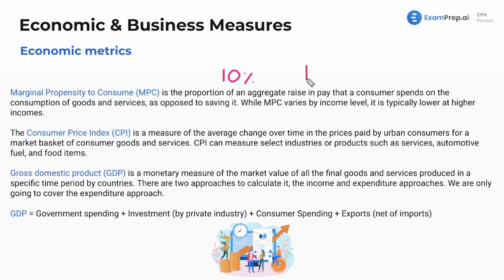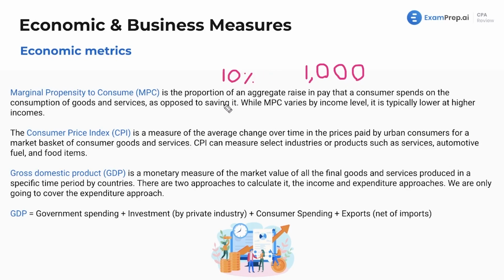So let's put it in dollar terms as well. Let's say you get a $1,000 raise. If you get a $1,000 raise and you spend $1,000 on a bunch of goods and services, you go out and blow all that money on, I don't know, a new $1,000 TV, then the marginal propensity to consume, I mean, obviously this is the economy as a whole and everyone together, but at least for just you, would be 100%. Now, if you put all of this money in the bank and you're more responsible with it, good for you, then the marginal propensity to consume would be zero for you.